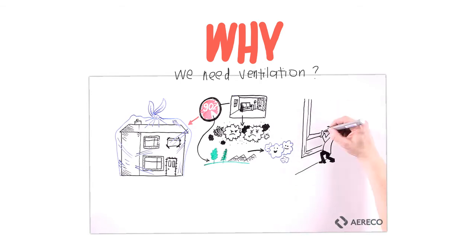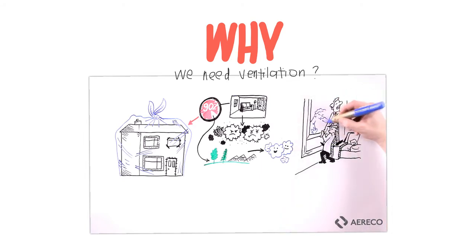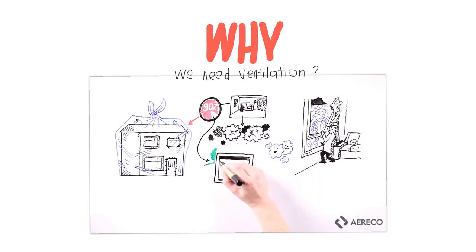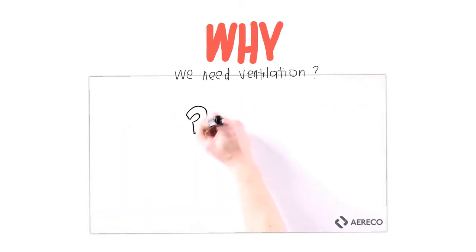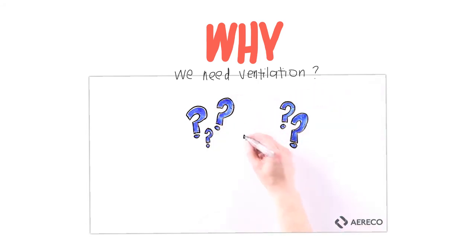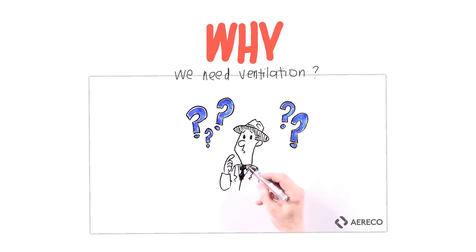So we find ourselves in a dilemma. A bit of a tug of war, if you like, between closing up our homes to seal in the heat and opening them up to let fresh air in. Ventilation is basically the mechanism by which we do it. Take bad air out and let fresh air in. So what is bad air? Well, actually, it's mostly caused by us and the kat sini, what is bad air?